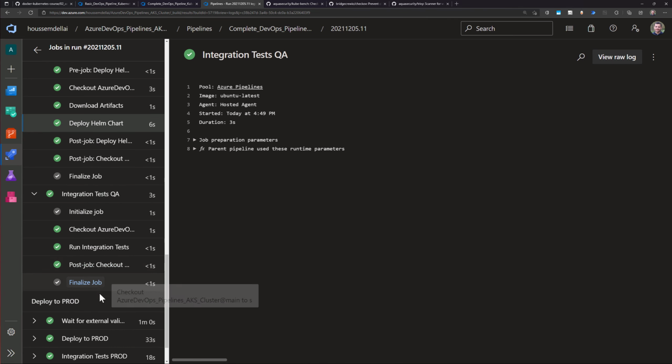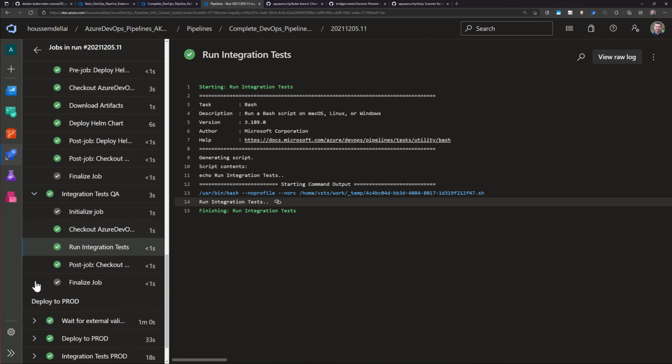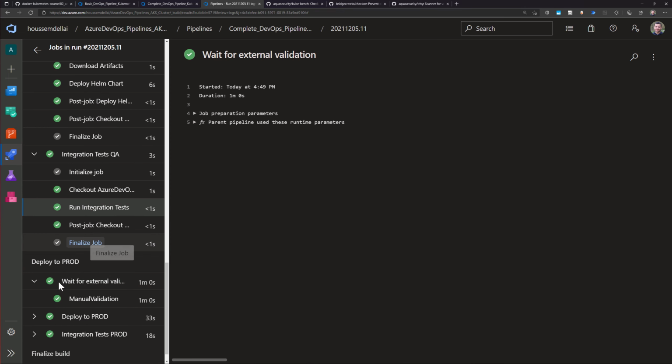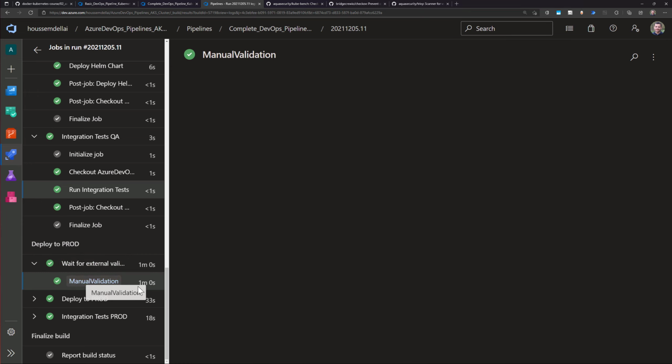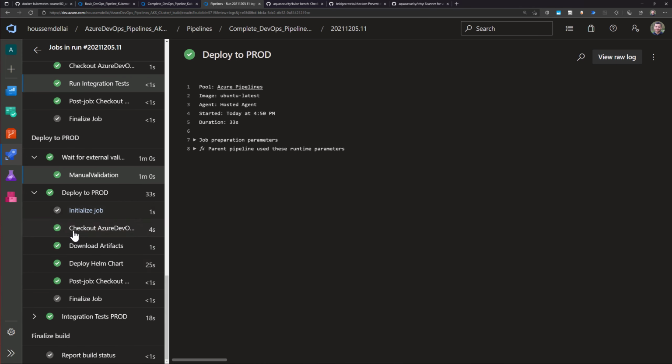And then after the deployment into QA, I'll run some integration tests, and then I'll move to the last stage, which is the deployment into the production environment. So first, it will ask me for a manual validation. I don't have that represented here, but it would show you a blue button saying, hey, please can you validate the deployment into production, and you would have two buttons like accept and reject. You click accept, and that will trigger the next job, which is the deployment into production, which will again